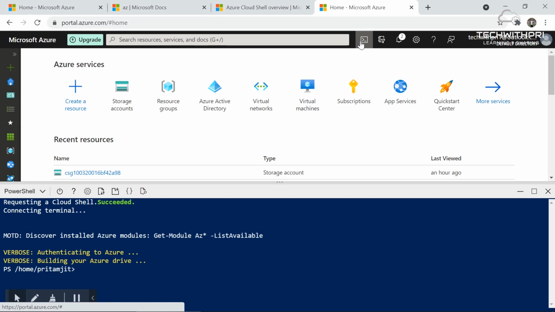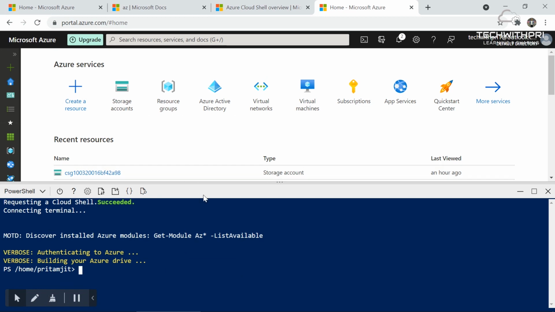Once you click this button, you will get an option to create a storage account. All you need to do is select yes or continue. I forgot the exact option, but you press yes or something, and then you will have a storage account that you need not worry about, and you can use PowerShell or Bash. So a storage account is mandatory to use the Azure Cloud Shell.